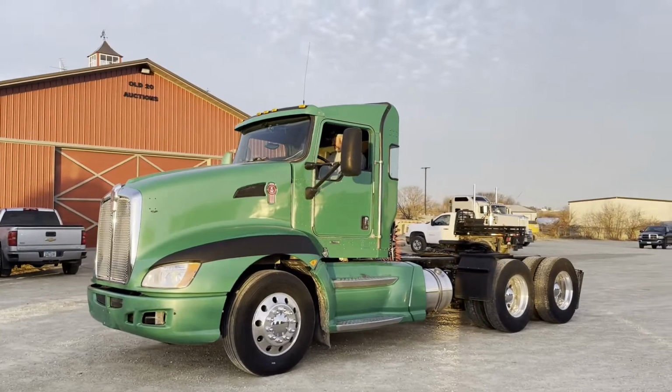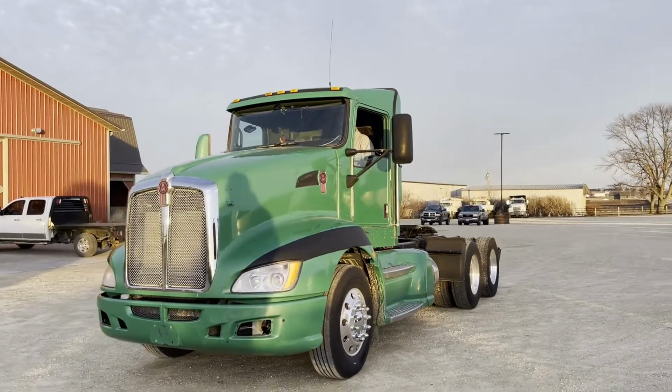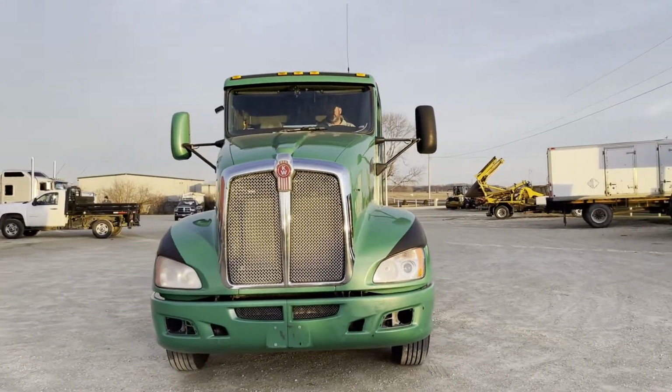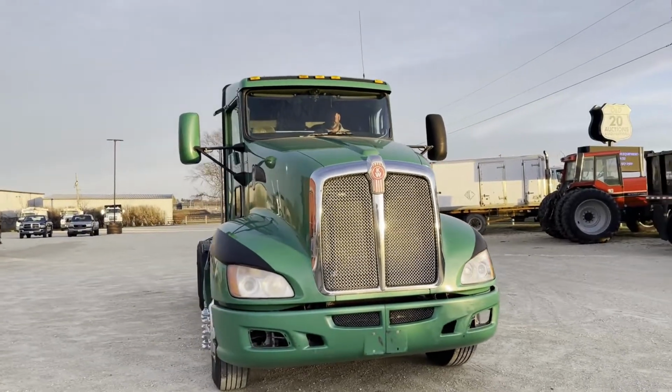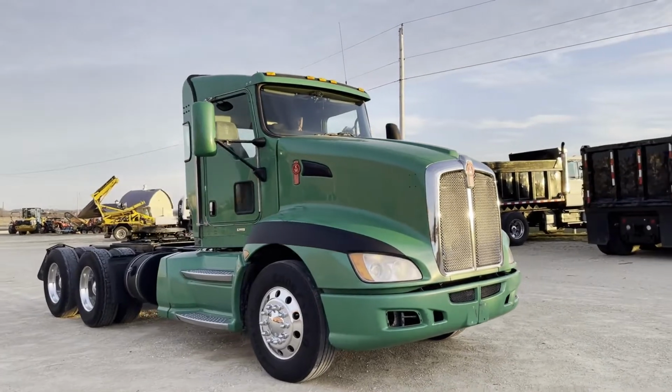So next up, guys, a real nice day cab truck. It's a 2012 Kenworth T660. I'll go around it, give you a nice 360-degree view, but just pretty cool the way this one's set up. It's a day cab, like I said, guys. Got the Eaton Automatic Transmission. It's got a big Cummins, a Cummins ISX